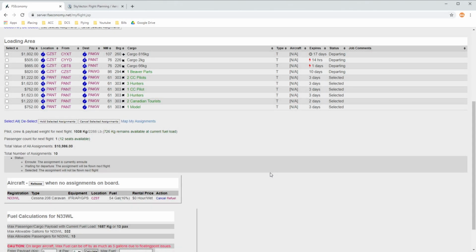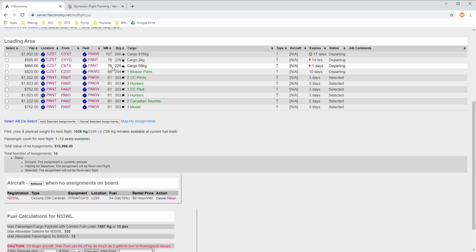We're on the FSEconomy site now. You can see the aircraft on the ground at Stewart. We have 54 gallons of Jet A on board. We're probably going to want to go ahead and add a little bit more for the flight, even though these two jobs here are what we're going to be taking to Annette Island. And you can see it's just 76 nautical miles to the southwest, and that's basically the route we're going to